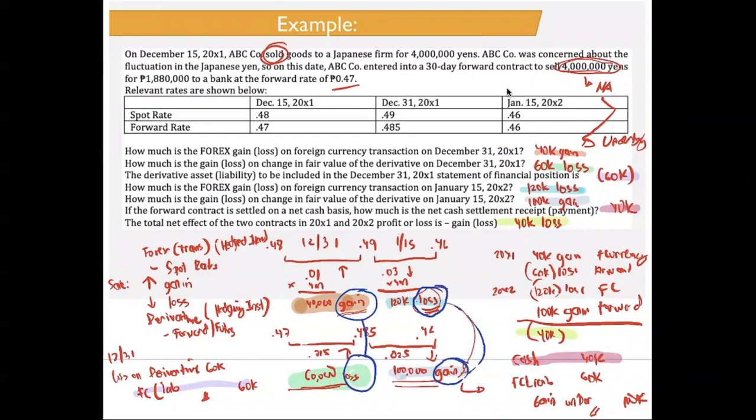Okay? So pag tinanong kayo, what is the forex gain or loss on the derivative, ang kailangan nyo lang gawin is to compute for your changes in your rates based on your derivatives. Pag tinanong naman net effect, tingnan nyo yung effect niya. 20x1 at 20x2, may 40,000 gain tayo nung una. Tapos nagka 60,000 loss sa derivative, 120,000 loss sa foreign currency, 100,000 gain naman sa forward. Net is 40,000. Nasundan? So sale to sale. Next naman,